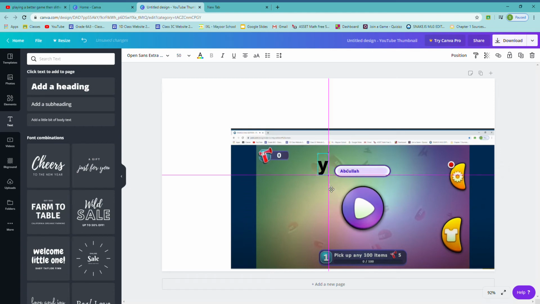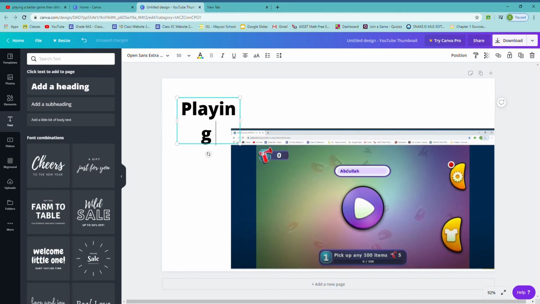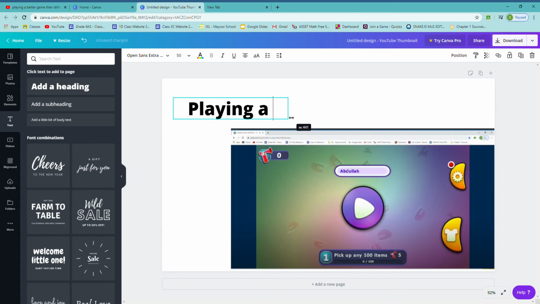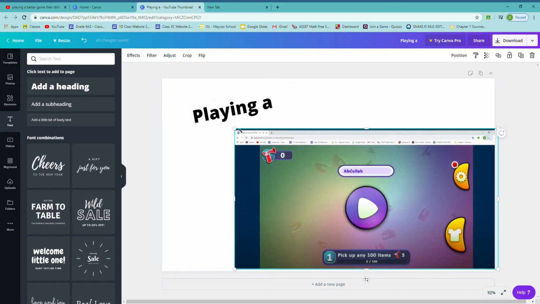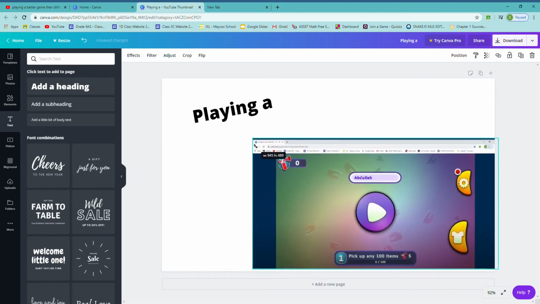Then I drag it over here, and you can write it in any way. And now, alright. Increasing the size, turning it, making this thing small,